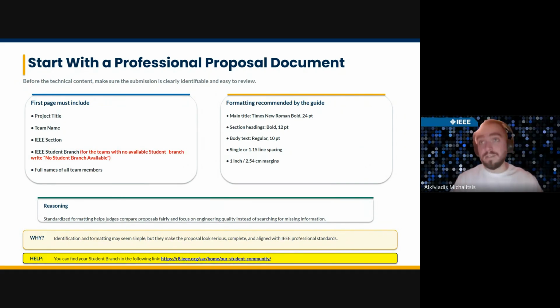Now, regarding the formatting of any kind of document that you will submit, we have set some specific baselines. For the main title, we want a specific font, which is Times New Roman. We want it bold, and we want the size of the font to be 24 points. For a section heading, we want the font to be bold and Times New Roman also, and to be 12 points. And so on for the body text, the regular 10 points, and the space in between the lines to be 1 or 1.15 based on your